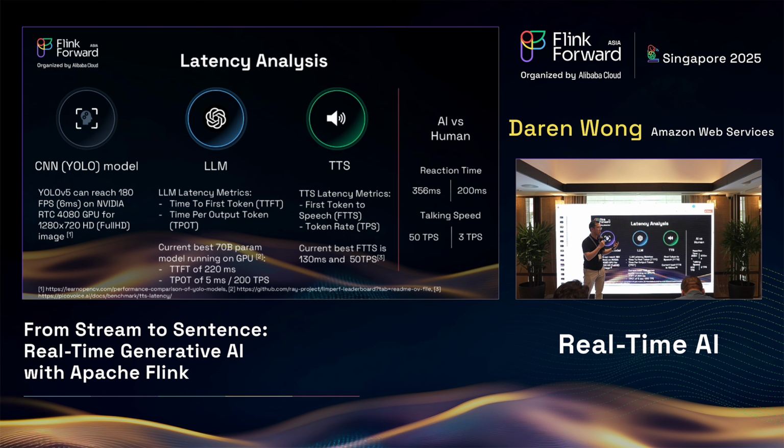However, in terms of the talking speed, it's currently limited by the TTS actually. So it's not 200 TPS, but 50 TPS. However, even 50 TPS compared to a human speaker at 3 TPS, I would say that it has no problem at all in catching up to the human talking speed. So I think the key challenge here is around the reaction time. How can we make the LLM react faster? To do that, let's take a look at the next slide.